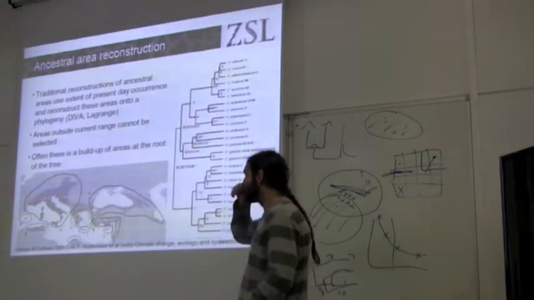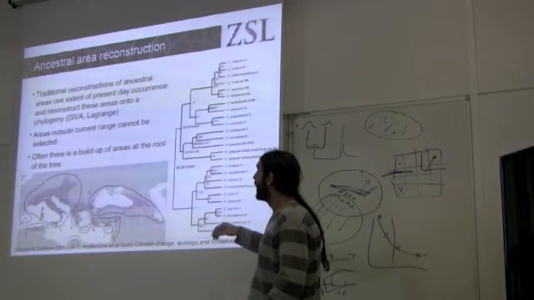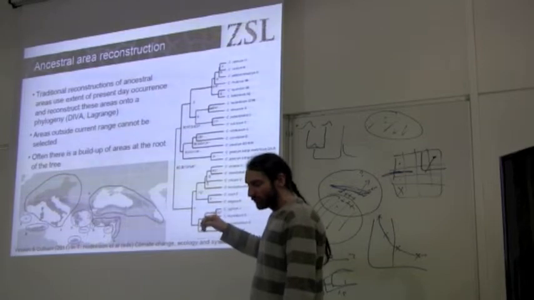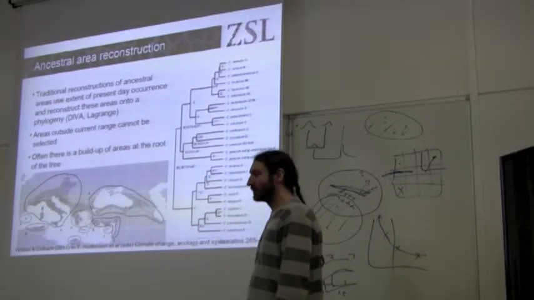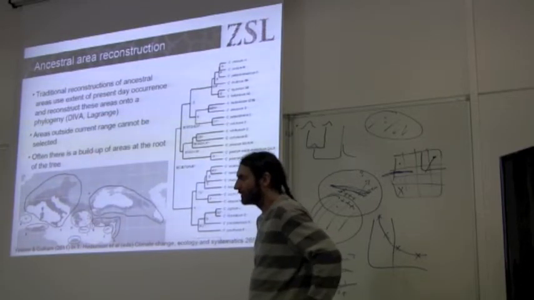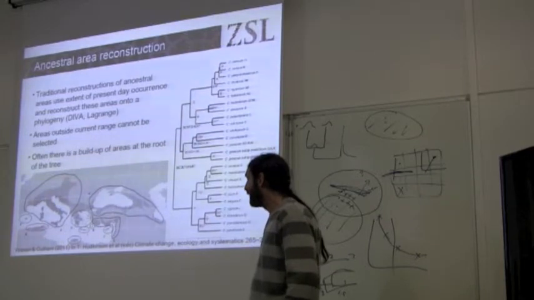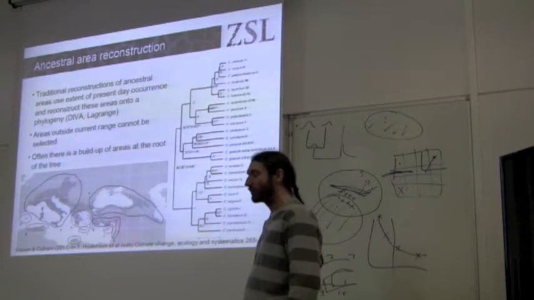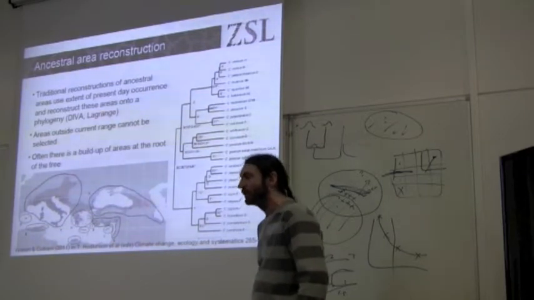And I'm going to give one more example, and then I'm going to talk about all of the problems with this kind of modelling. The ancestral area question is a very common question raised in biogeography, and the methodology that has been used previously to try and answer this question has been entirely based on